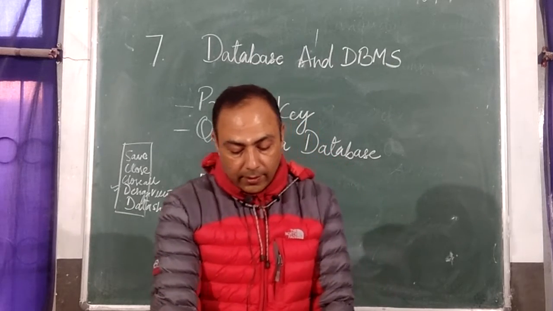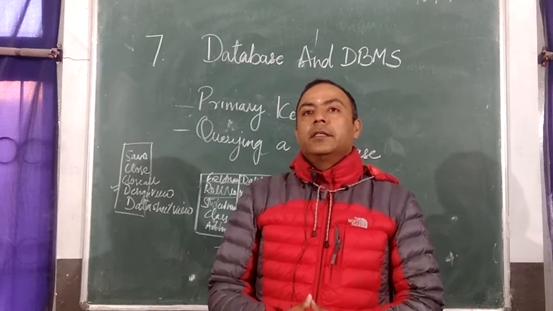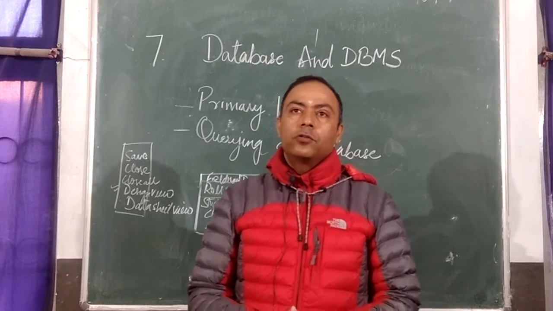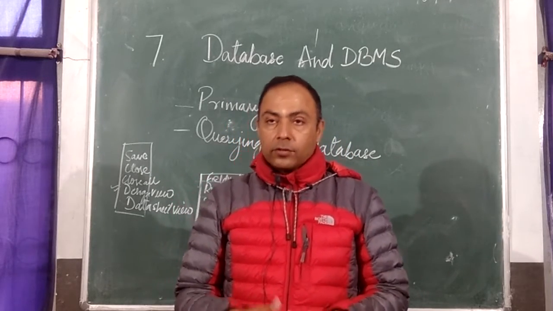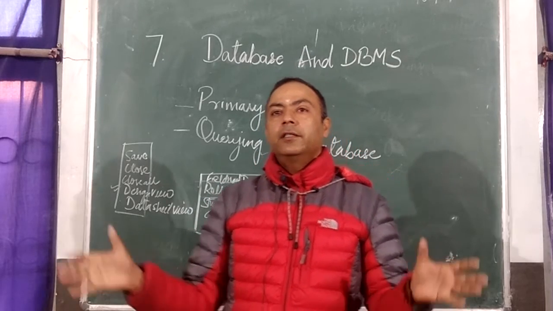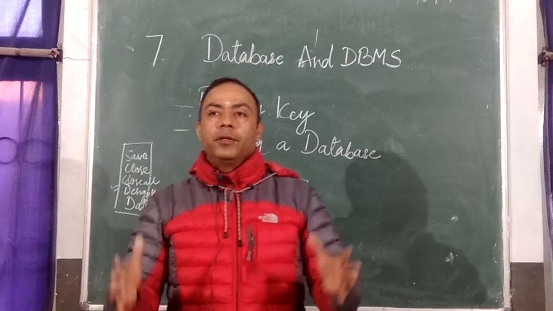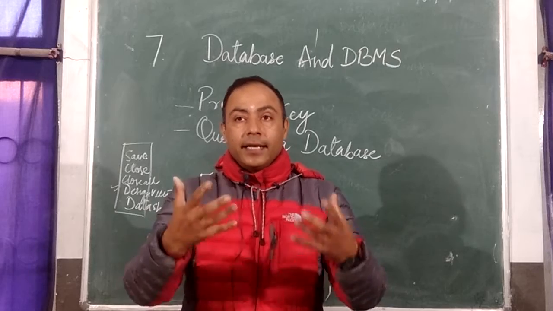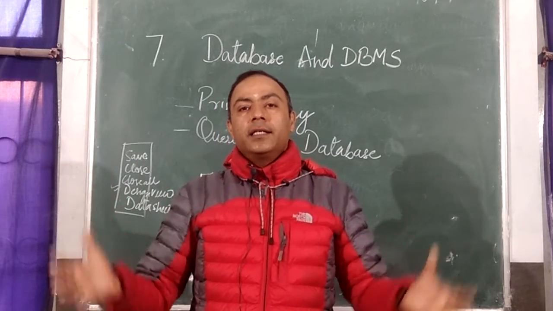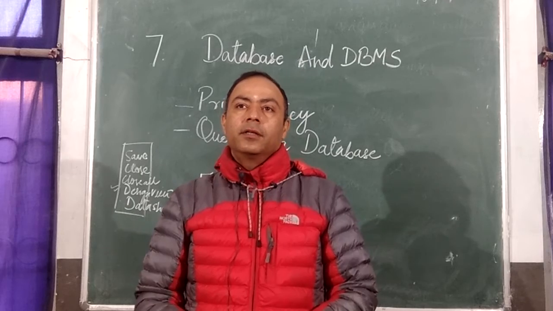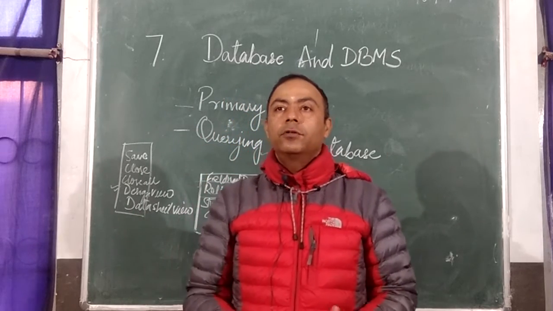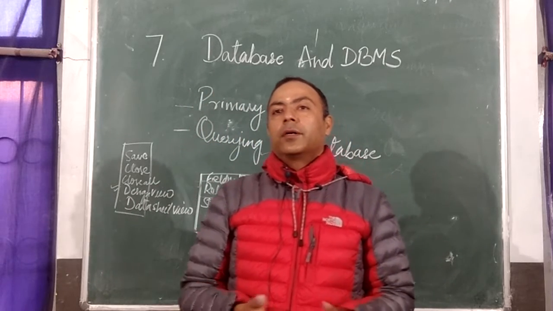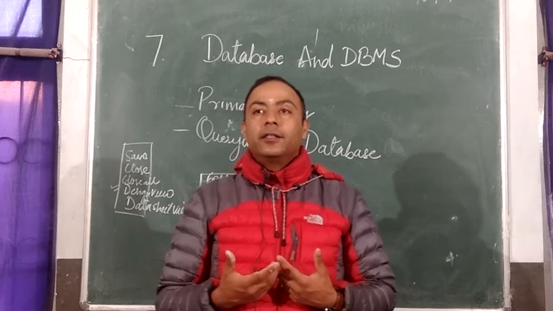Now let us come to the querying of the database. A relational database management system is software which helps us to manage the data. Managing the data means the first part is we are keeping the records, holding the data. The second part is we need to get information from the data or records in the table. How can we get the information? Suppose I want to know how many students are present in the class. I need to go through the attendance register and get the information.